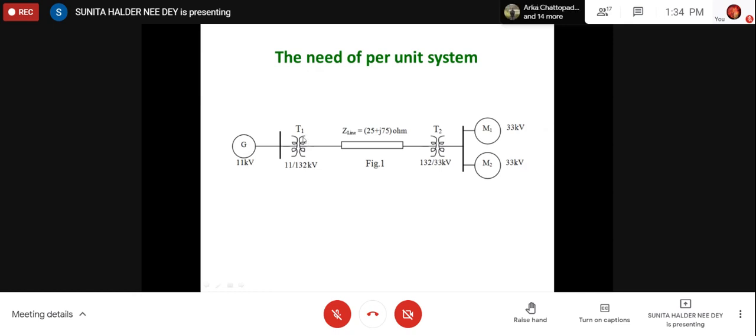From transformer T1 secondary to transformer T2 primary, the voltage level is 132 kV at the ideal operating condition. Obviously, the transmission line will have some loss, so under normal full load operating condition the voltage will be somewhat less than that. Anyway, the base voltage obviously will be 132 kV. That's why it is written to select a suitable base voltage for that particular section. Why suitable? Because only the maximum is written.